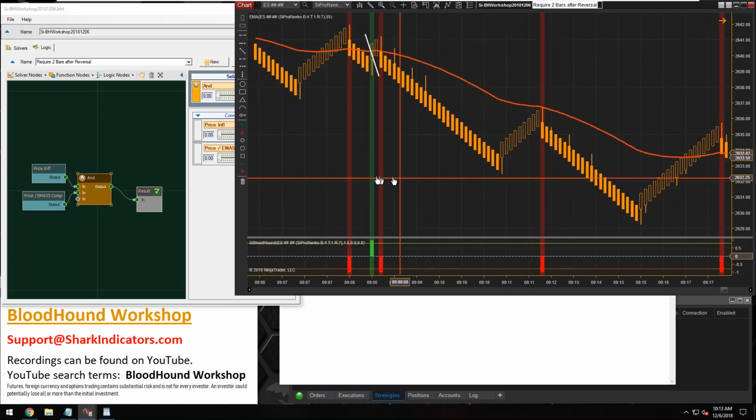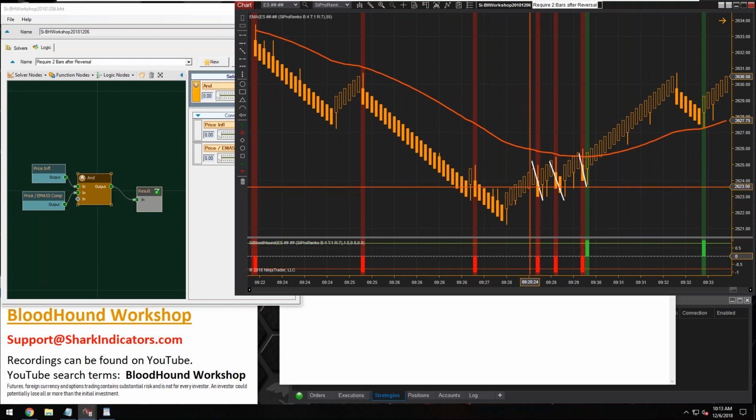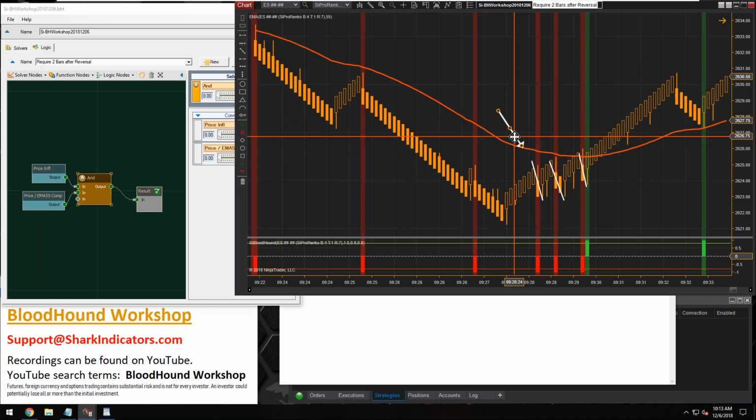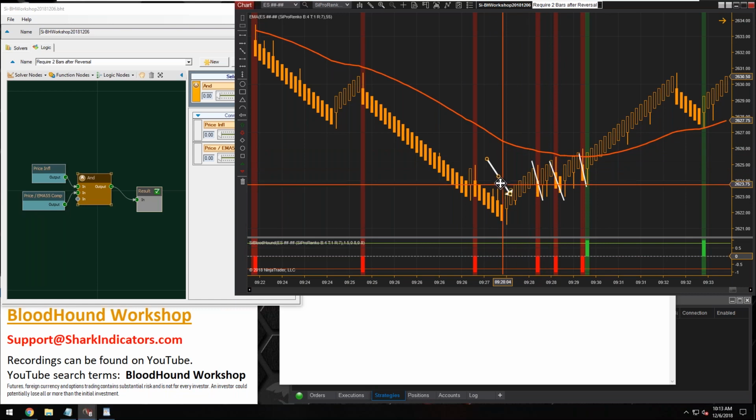Okay, so now we're going to add that 2-bar filter, so a 2 trending bar filter, and I guess in this case, trend. The definition of trend in this case would be what side of the EMA price is on. So over here in this case, the trend would be downtrend. So we want 2 trending bars after the reversal bar. So to do that,